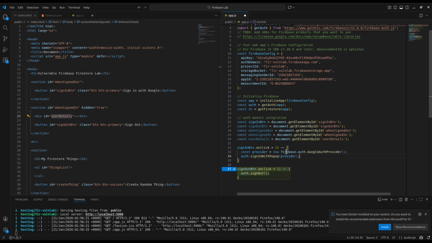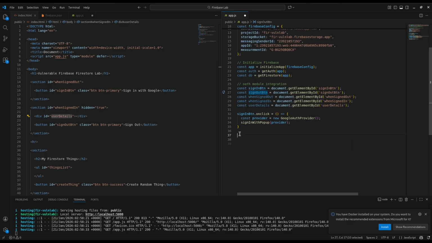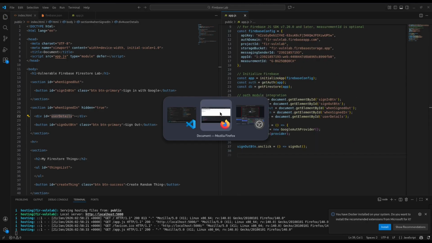So here I'll need to change this as it will be imported directly from the library itself. Same for this one. Now, when a user clicks on the sign out button, I need to make sure that the user logs out. Here, just need this one. Sign out, and I can copy this. Let's go back to the app,